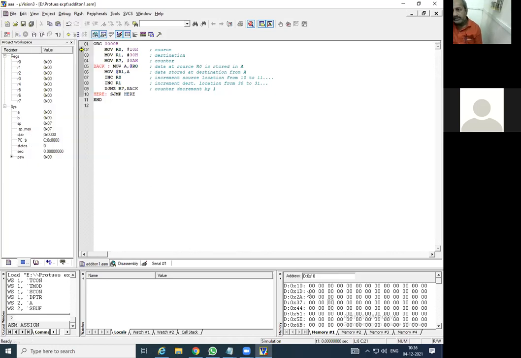After that, we have to take care of what we have written in the code, R0 and R1, source and destination. Whatever we write in R0 gets transferred to R1. R0's address is 10, R1's address is 30, because we have moved that particular data there. So in the memory address also, you have to write this. This is a very important step. In the address box, note this down: it is the data we are going to transfer.